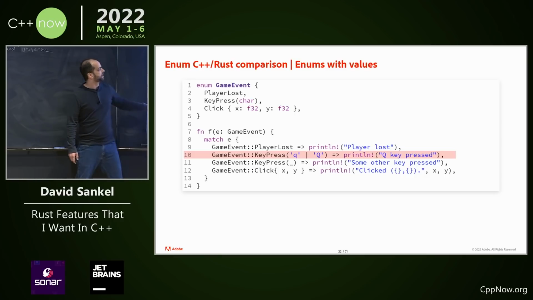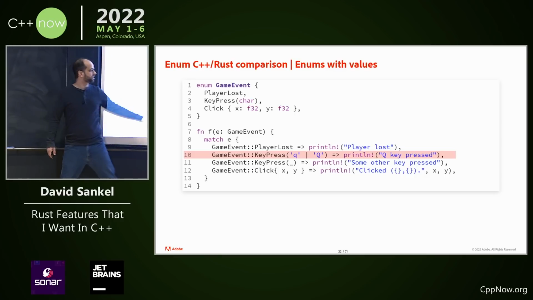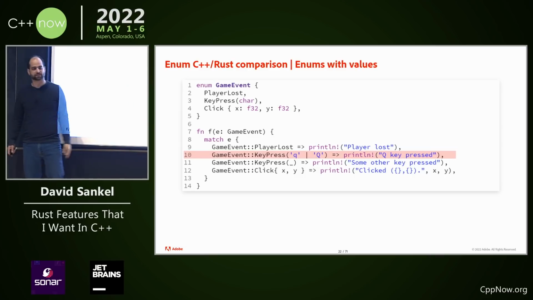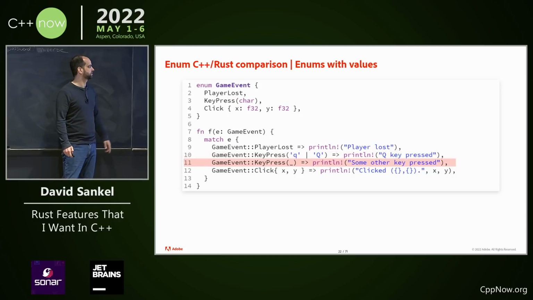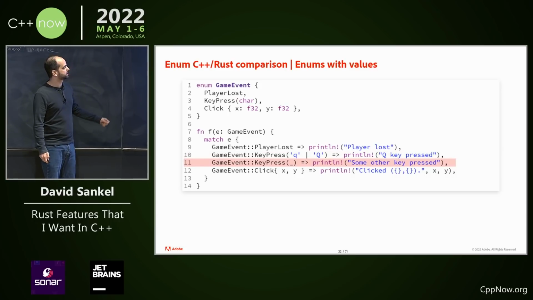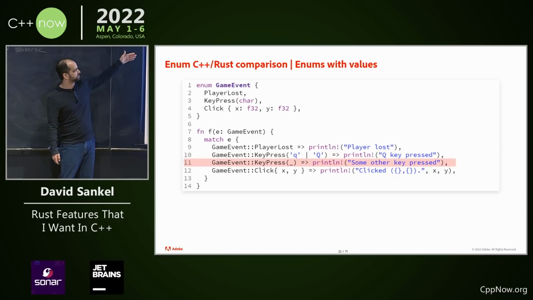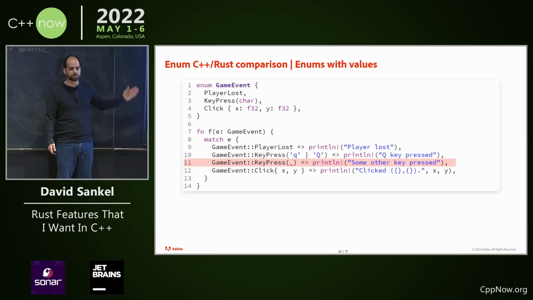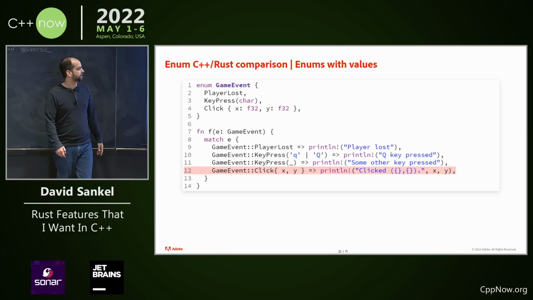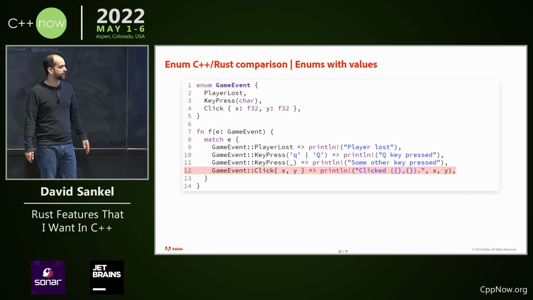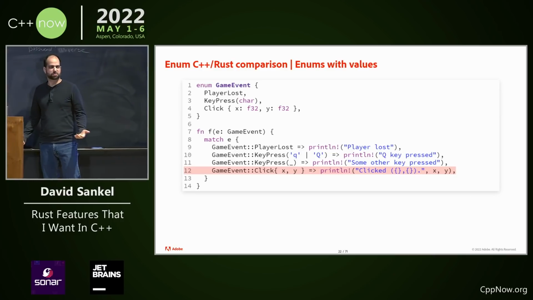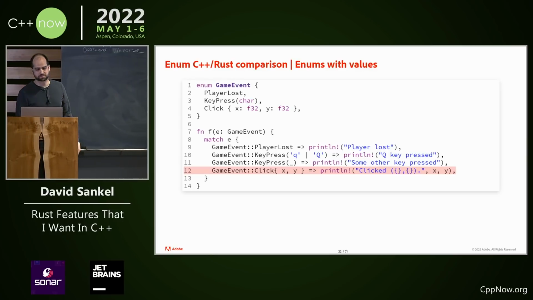It's pretty cool. And you can get a little bit of the sense of the power when you see something like this, right? You can nest these patterns. They can be arbitrarily complex. And here's a key press for anything else that isn't q, and the underscore is your wildcard in that case. And again, click here, we have X and Y, and now we can just output X and Y. This is how you use it. Syntax is pretty compact. It's pretty nice.